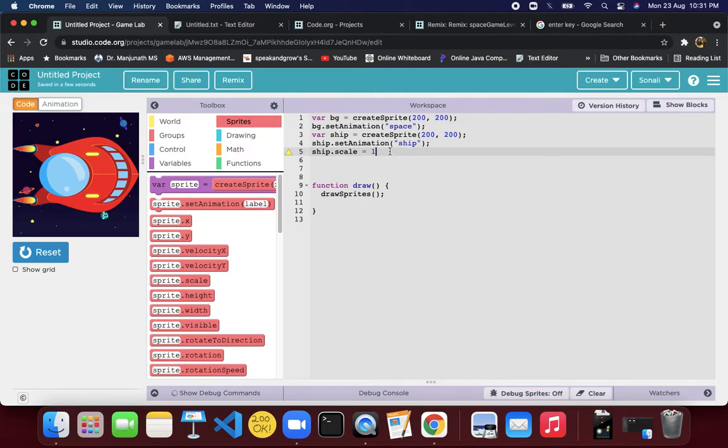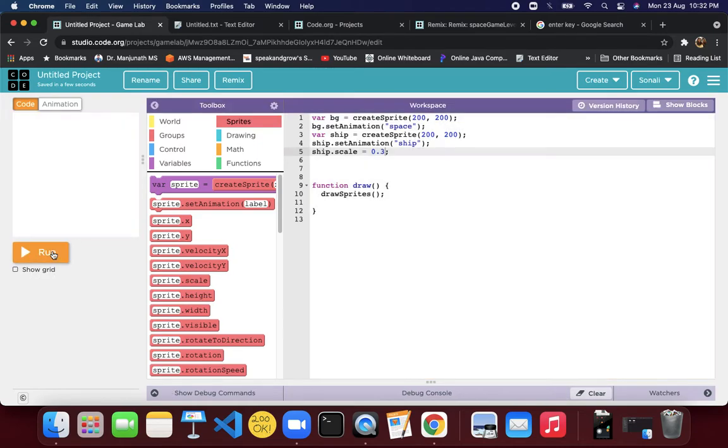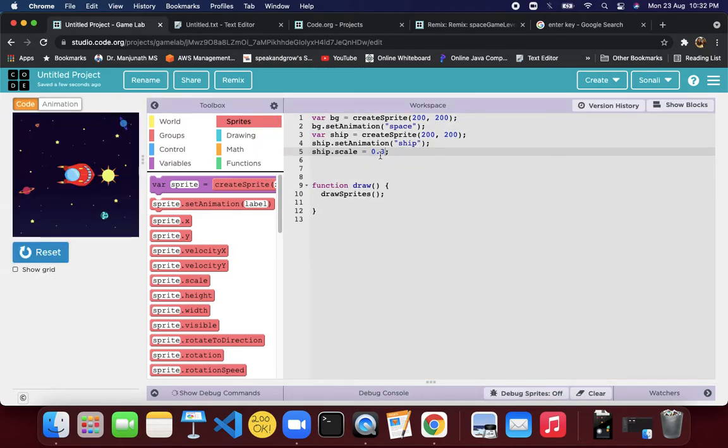So I want to decrease it. Suppose half, that is 0.5 is the half. Don't worry, you will understand it over time. Okay, so let's make it 0.5, let's make it 0.3. If you keep decreasing, it will keep getting smaller, 0.2. See, it is already a sizable thing. It's fine to move around the space. Now one more thing I would like to show you here.